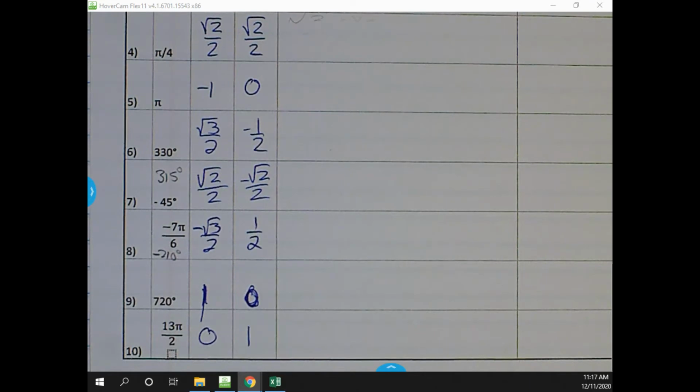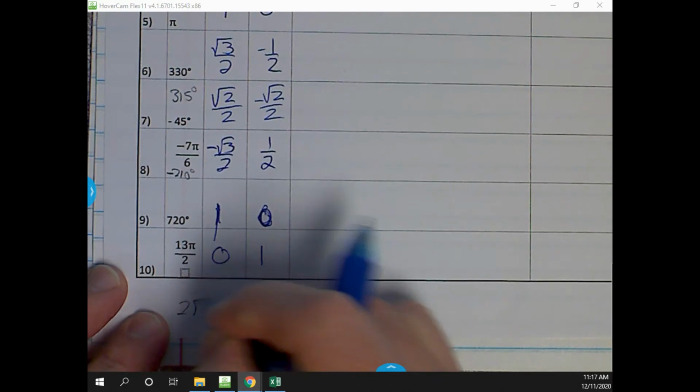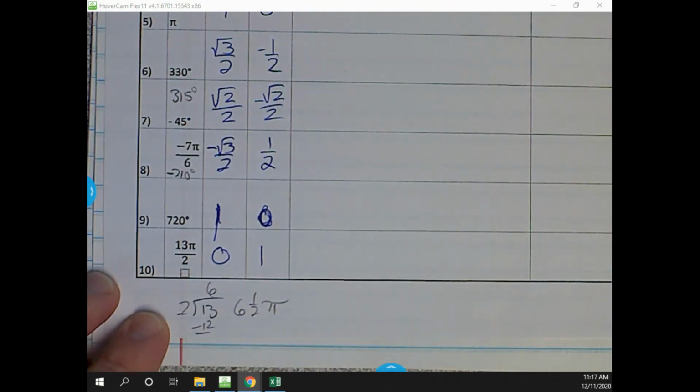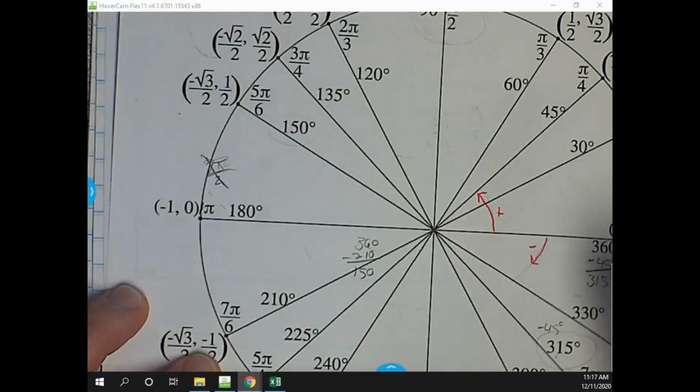Okay, so if they give you something that's way too big, and you're like, okay, that's not on the list here, that's one option you can do. The other thing that I like to do, once I started doing these, was I just divided the 2 into 13 and figured out that was going to be 6 with 1 left over. So this was going to be 6.5 pi. And people are like, well, yeah, but 6 pi is still not on the list. Okay, it's not. But if this is 1 pi over here, this is 2 pi over here,